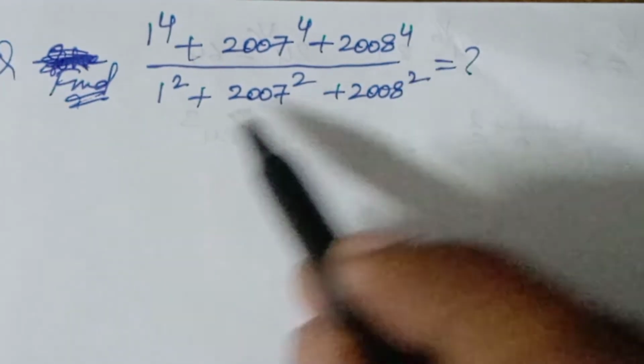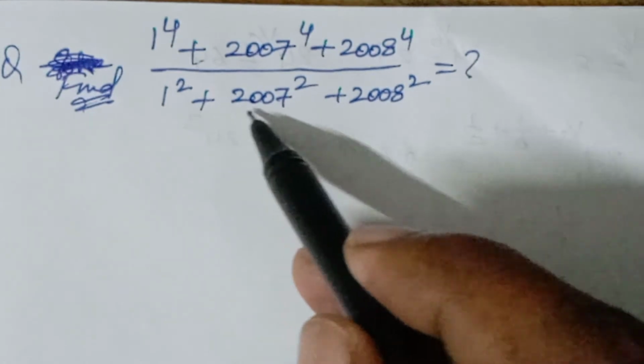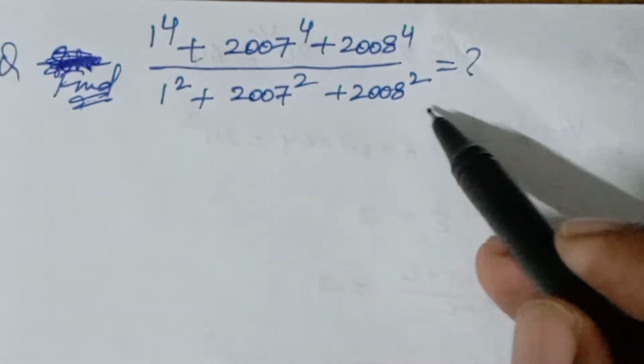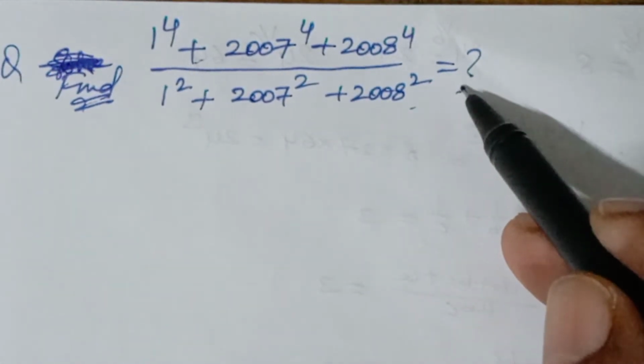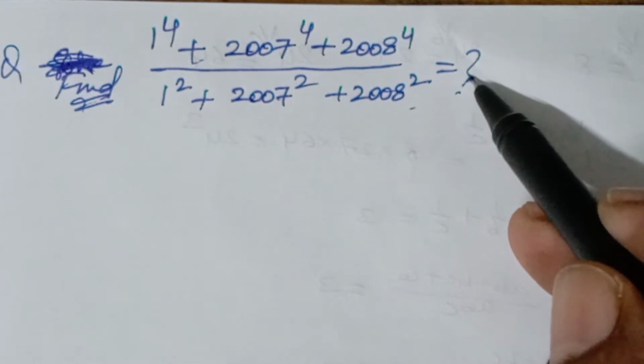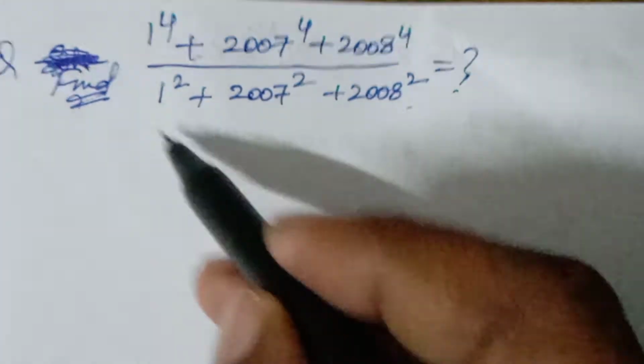1 to the power of 4 plus 2007 to the power of 4 plus 2008 to the power of 4, divided by 1 square plus 2007 square plus 2008 square. You have to find the value of this. So here,